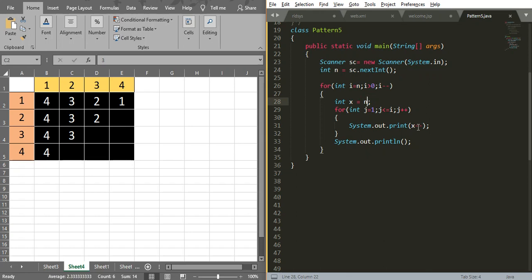For each and every row, I am assigning the n value to x. After completing the first row, the x value will be 1. If I go to the second row and print the same x value, I will get 1. So that is why for each and every row, I am initializing the variable x with the n value. So the first column will be printed with the n value. So that is why I am writing int x equal to n.